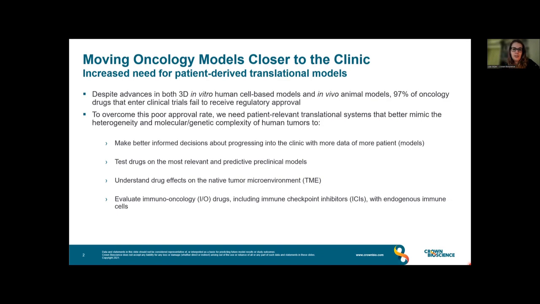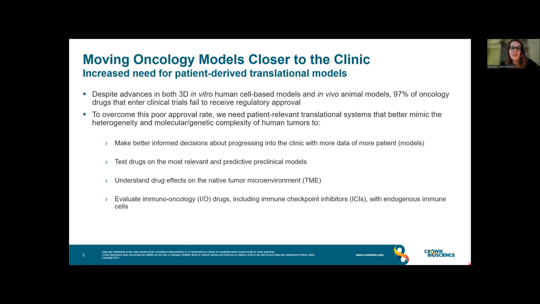To overcome this very poor approval rate, we really need patient-relevant translational systems that mimic the heterogeneity and molecular and genetic complexity of these tumors, so we can make better informed decisions about progressing